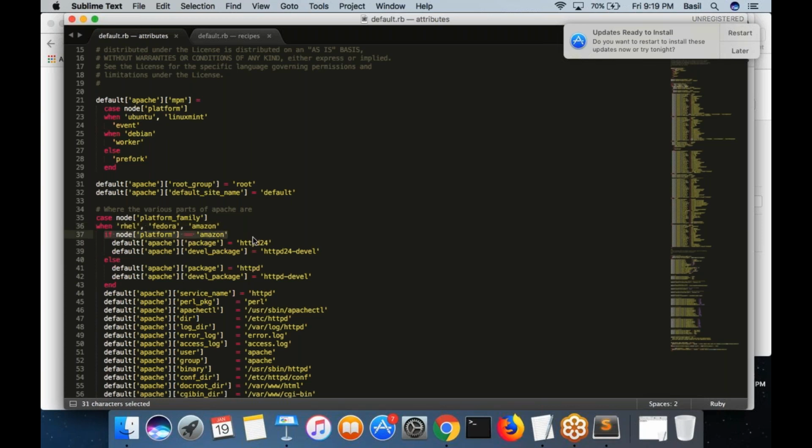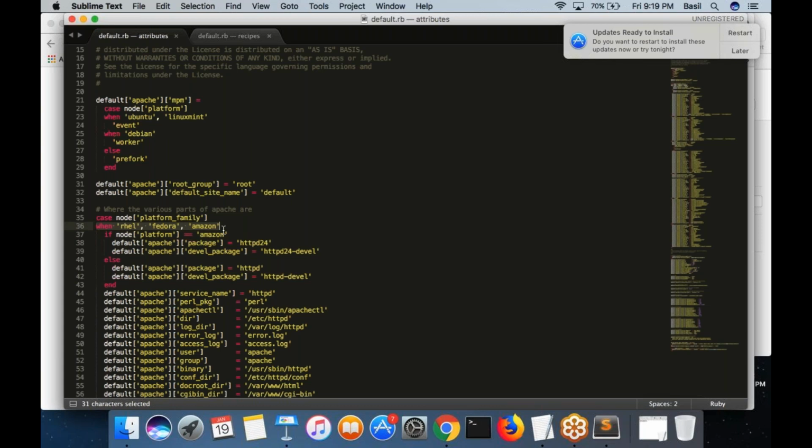If it is Amazon, the package is going to be httpd24. Otherwise, that means if it is Red Hat or Fedora, the package is going to be httpd. So like this, you can put the if condition or case statements here.